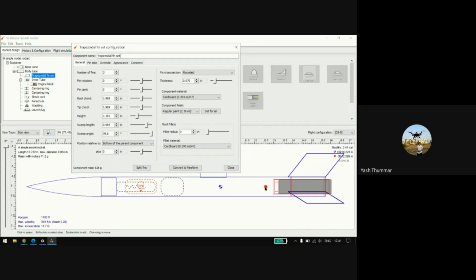Because of all the geometrical parameters you change, you will also find changes in the CP. You will see the CP here as a red point, and the CG, the center of gravity, here as a blue point.